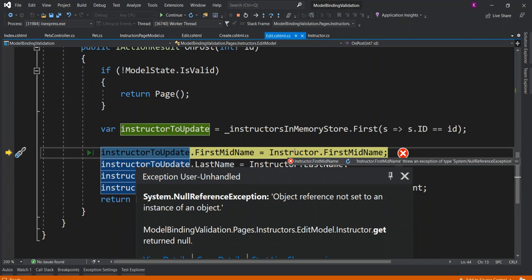So you cannot take the instructor's first mid name or any of the other properties of that instructor class.